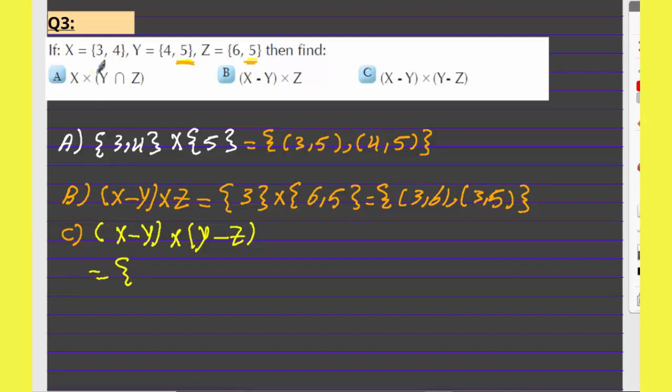Here, x and y, so we have 3. Cross y difference z: the elements which exist in y and do not exist in z. It is only 4. So the result equals 3 and